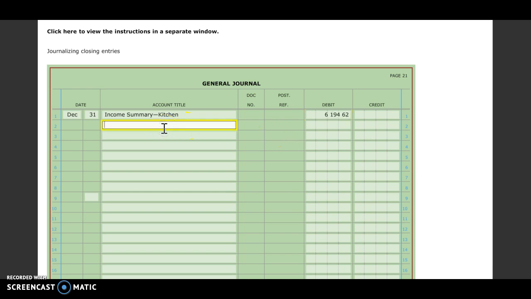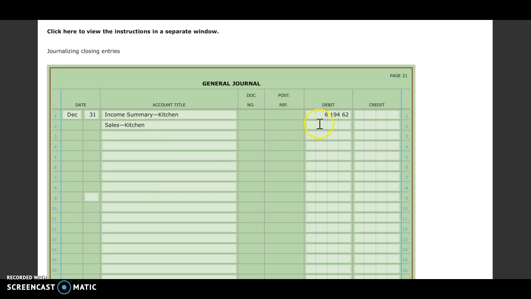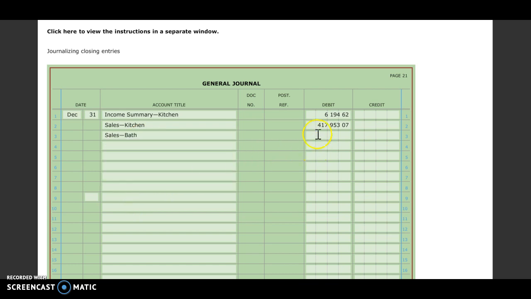My next credit account is going to be sales kitchen, and I'm going to debit that for $417,953.07. Next is going to be my sales bath. I'm going to debit that for